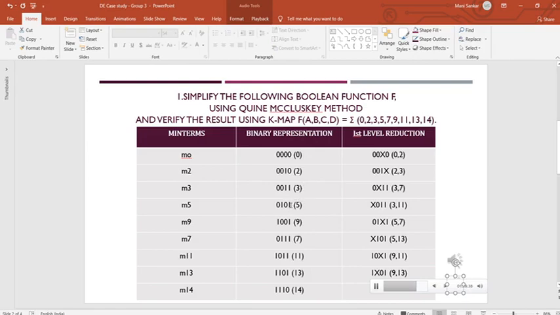But the condition is that we have to compare it with the numbers which are below the present number. For example, if we compare 3 with any other number, that should be below the 3, like 5, 9, 7. We should not compare 3 with 0. But if we have 0, we can compare it with 3. Like this we have to compare the numbers. Similarly for the other numbers also we compared here, and then we finally found the first level reduction.